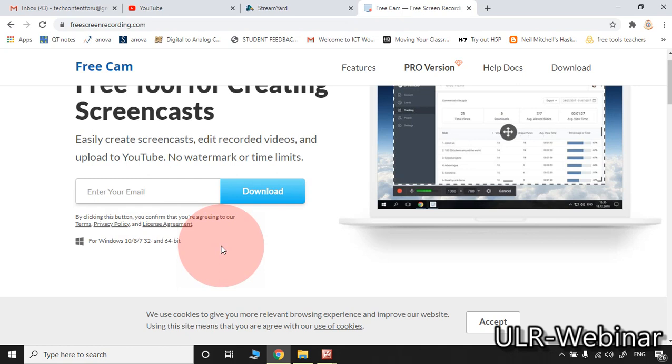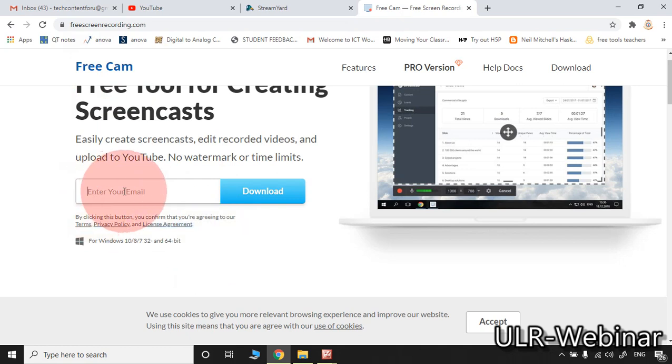Majority of the participants are asking about a tool which is compatible with Windows 7. So they may use this FreeCam software easily to start recording of your lecture.